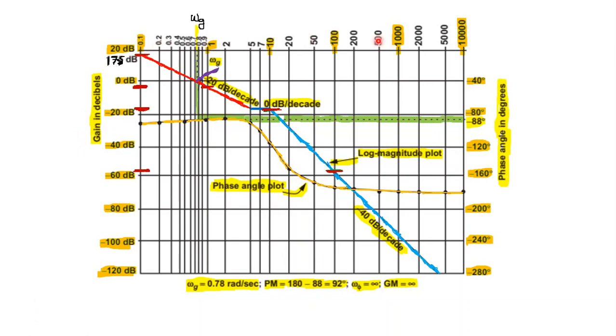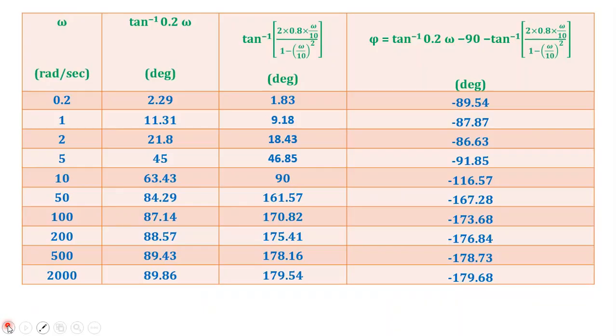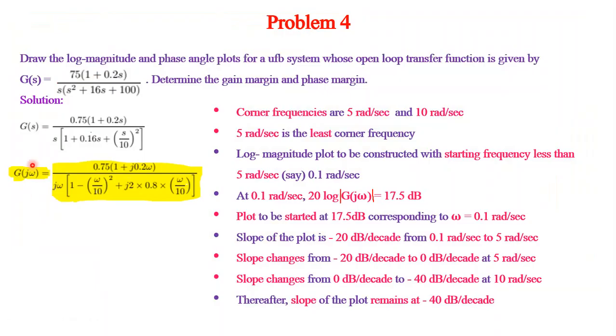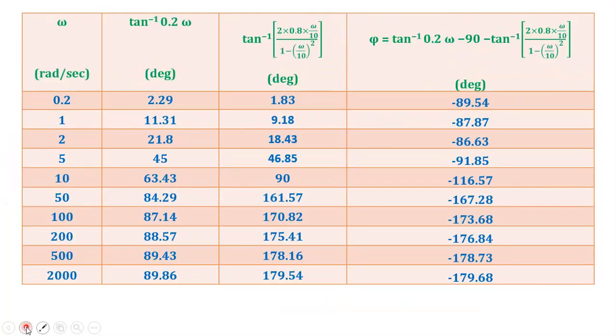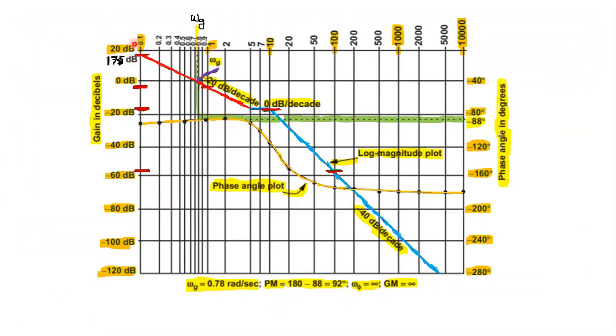So for example, I am going from 0.1 to 10,000. At 10,000 I should find out the magnitude using the magnitude expression. So I can find out the magnitude using this magnitude expression, that is magnitude of this, find out the magnitude of this at omega equal to 10,000 or 1000. Take 20 logarithm, then we know the highest value. So based on that value, you try to take the suitable scale. So I have taken the suitable scale as 20 dB to minus 20 dB, like that I have taken. So we can find that after drawing it seems to be correct. So you can take your own scale. So 20, 0, minus 20, minus 40, minus 60, minus 80, minus 100, minus 120. So every prominent region I have taken like that.